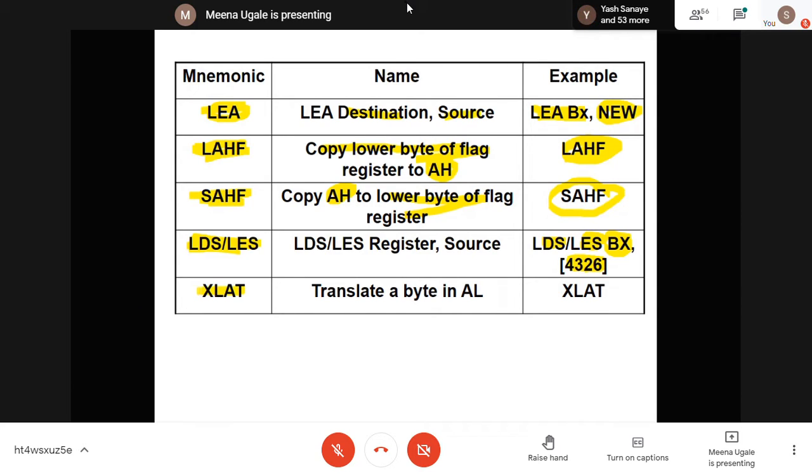Next instruction you have here is translate. It is written with the mnemonic XLAT. This is translate a byte in AL. Normally it is used when you have hardware interfacing, to check the lookup table entries. Like if this kind of code is coming, then you go and check in the lookup table what is the exact content I need for that, and that time I am going to use this instruction. For our case, in our programming, we are not going to use this instruction because this is a hardware part. When we are going to interface it, we need that. We are not going to have any hardware interfacing. We will first concentrate on all software instructions.